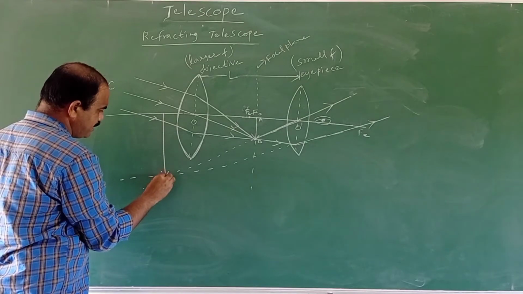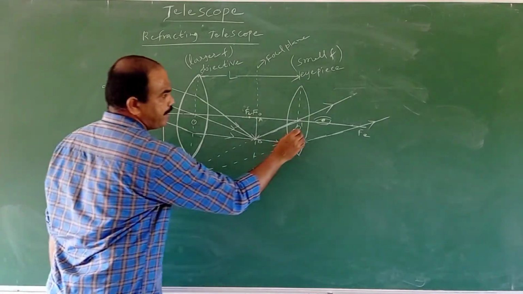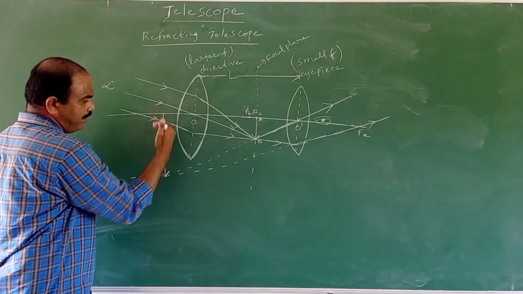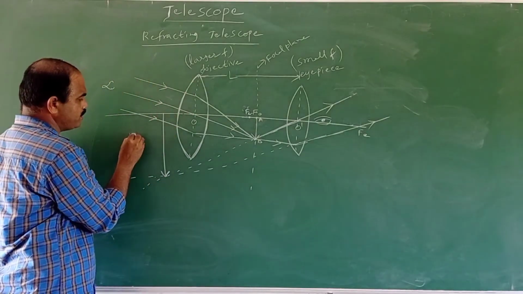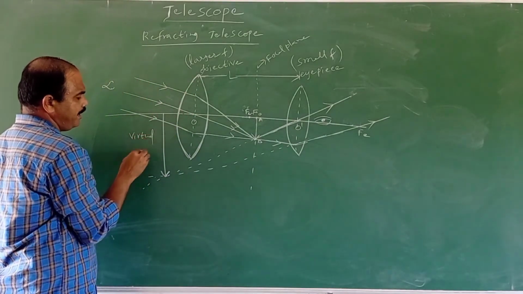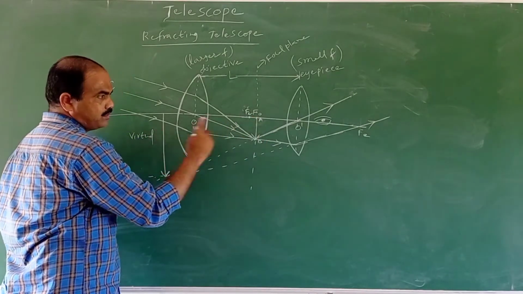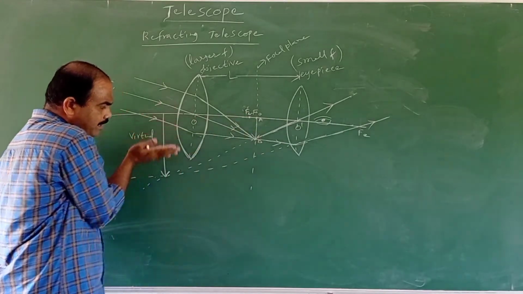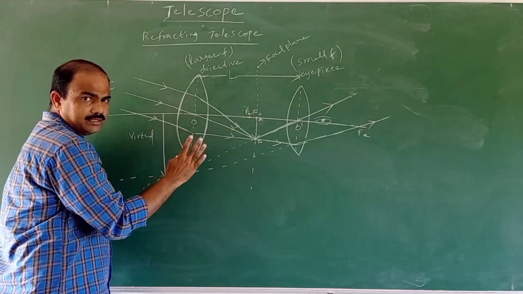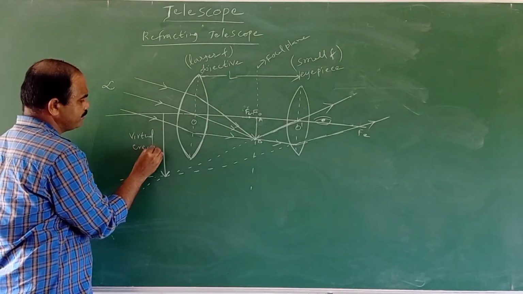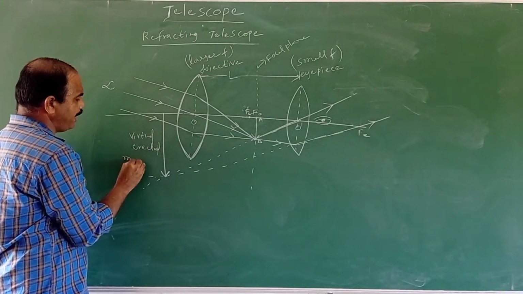Now, this is the image formed by whom? This eyepiece. So now it will be the virtual image. It is the virtual image, and it is erect. Now observe, this is the object and this is the image. The object is inverted and the image is also inverted. That's why they look the same, and that's why it is called the erect image. And it is the magnified